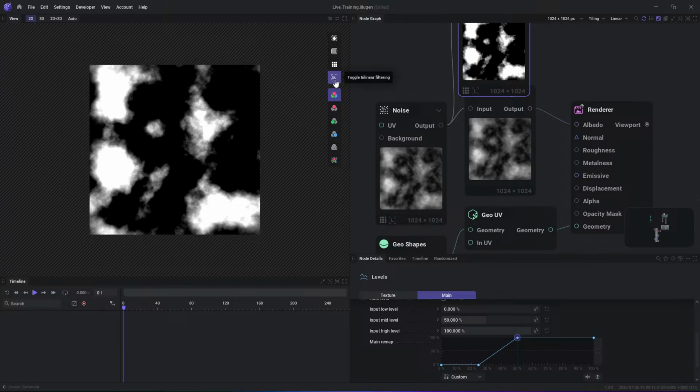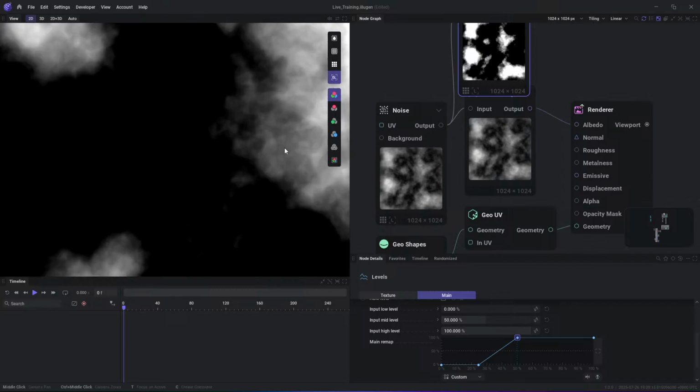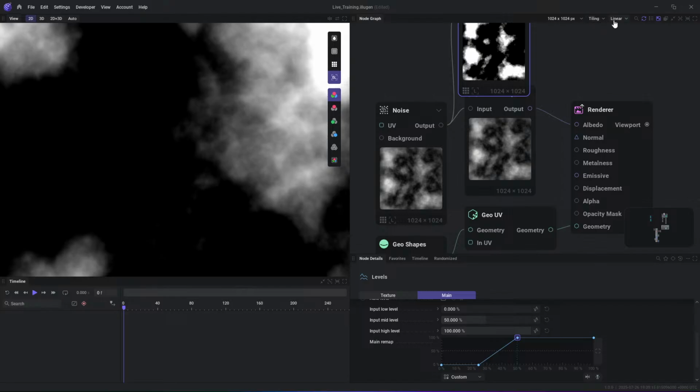And then this last one is bilinear filtering. This is very useful to smooth out your textures and stuff. And this is typically probably what your game engine is going to be doing to show you your textures inside your game. But if you don't want to see that, say if you want to do something like point filtering,